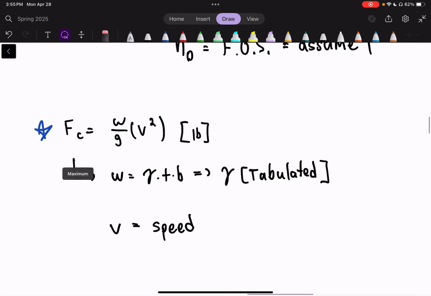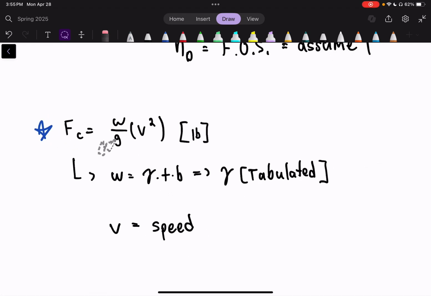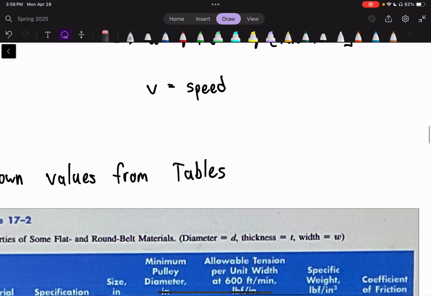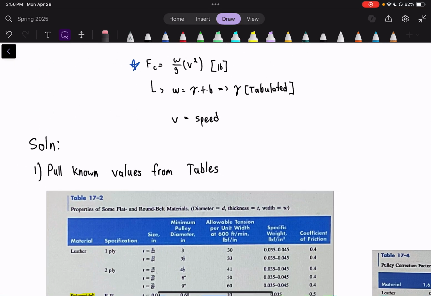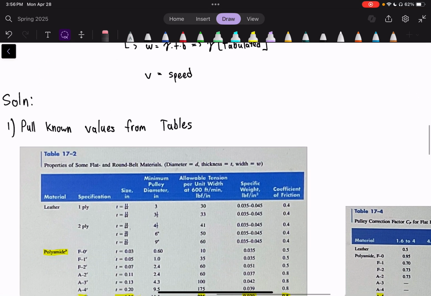So the centrifugal force, which is going to be the centrifugal hoop tension, is the weight divided by the gravity times velocity squared, where weight in this case is going to be equal to the specific weight times the thickness of that belt times the width of the belt, and v is the speed, of course. So now we can go on to the solution, where we just start by pulling values